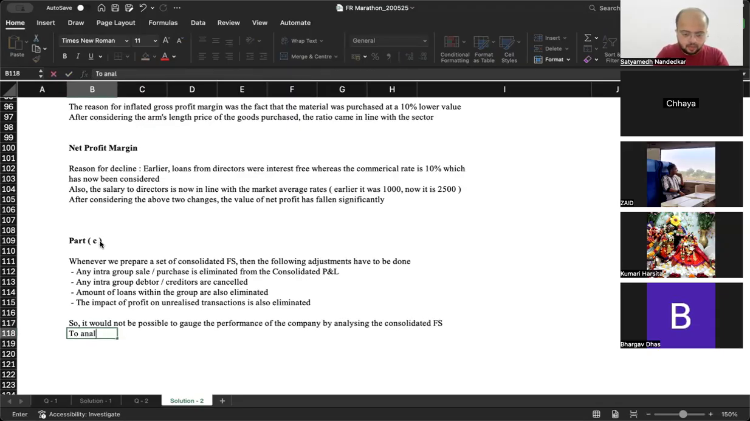To analyze properly without removing the impact of any transaction, the entity will have to analyze properly without removing the impact of any transaction, the comparison will have to be done with the